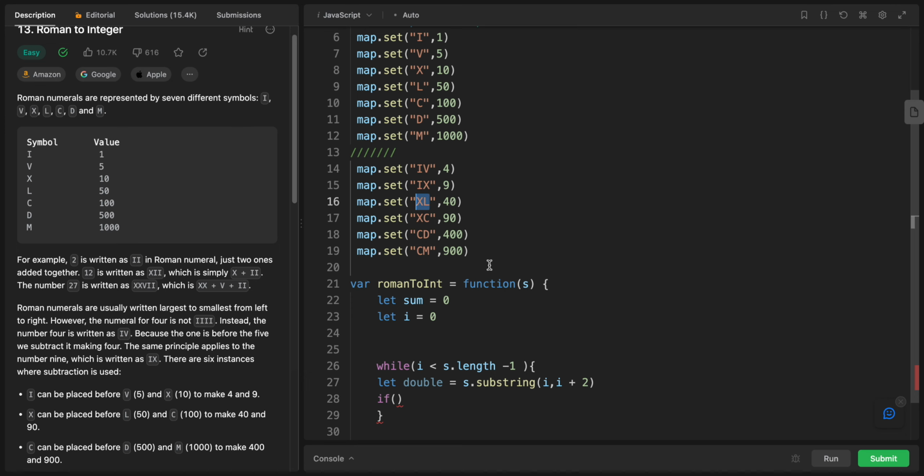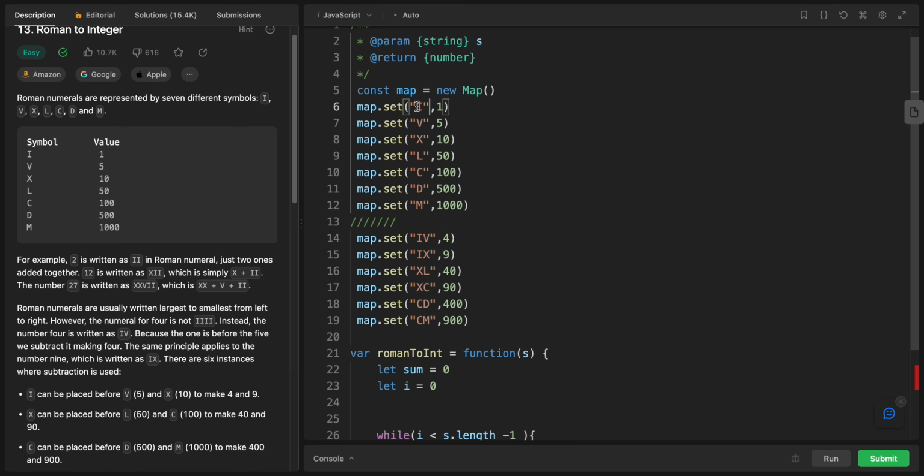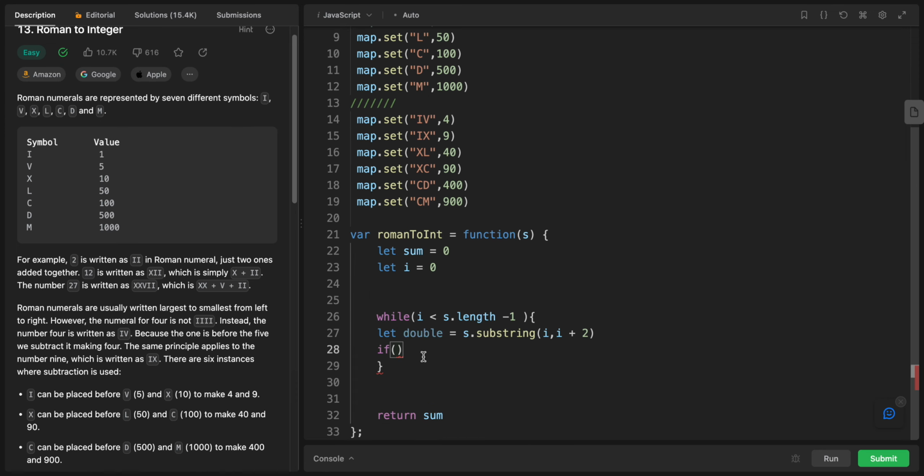So if we have edge cases, let's just return it. If we don't have edge cases, just go for one by one. You know what I mean? So let's just start to do it. So I would say if values, if map dot has